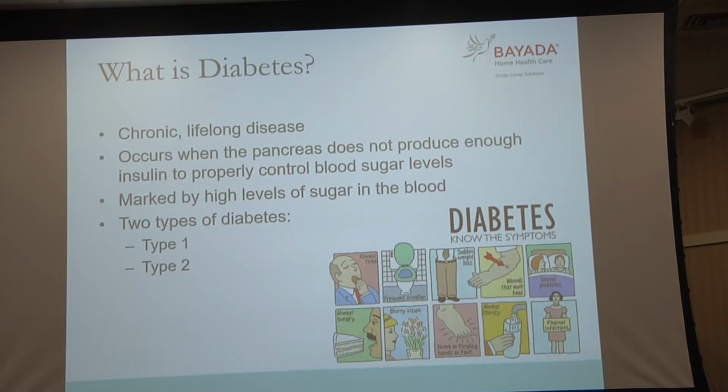We'll go through the differences between type 1 and type 2 and how that differently affects the pancreas and your blood glucose levels. But it's usually marked by high levels of sugar in the blood. So that's usually how it's detected. If you start having some of these signs and symptoms, or if you have some of the risk factors of diabetes, like being overweight, being a certain age, having a family history, they'll do a blood test,